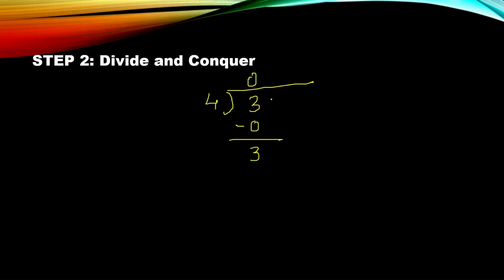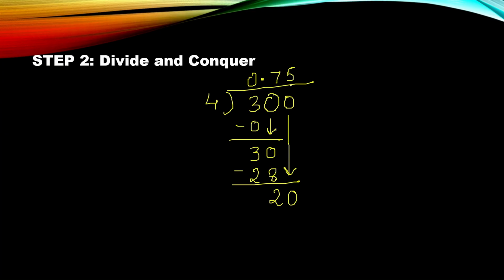So what are we going to do? We are going to add a 0 over here and a decimal point in our quotient. Now the 0 will be brought down and it becomes 30. Now again we need to find the closest smaller number to 30. So 4 times 7 is equal to 28. And when we subtract, we get 2 as a remainder. But again, since the remainder is not 0, we'll carry forward our division and add another 0 to it. And then it becomes 20. When it becomes 20, we know that 4 times 5 is 20. And we got our remainder 0 over here. So our final answer is going to be